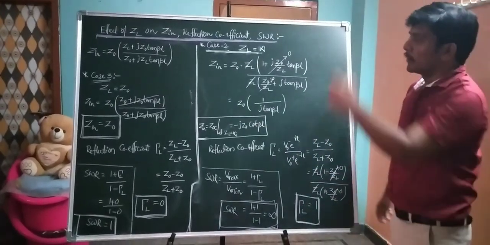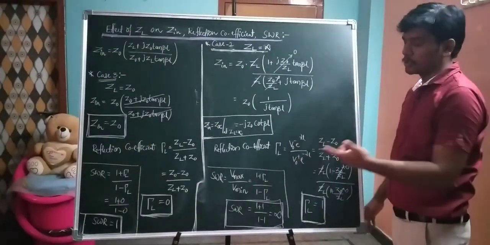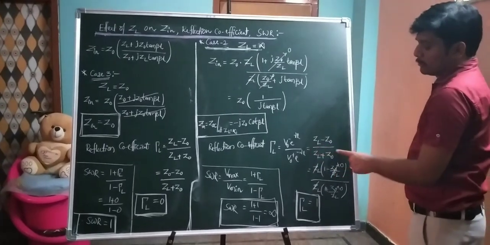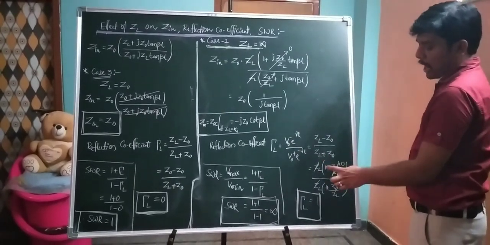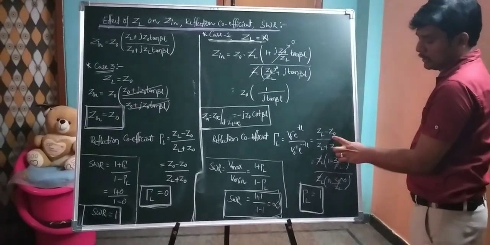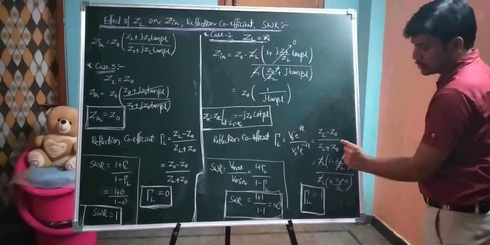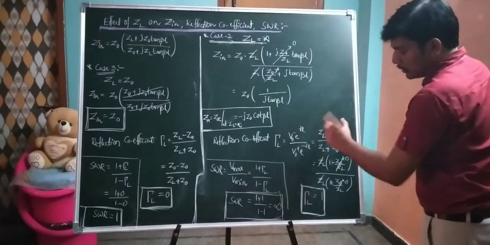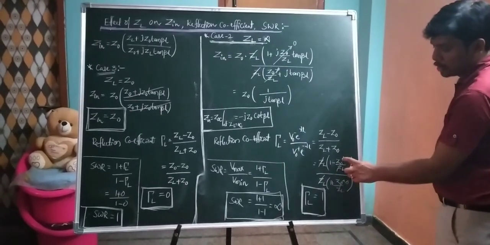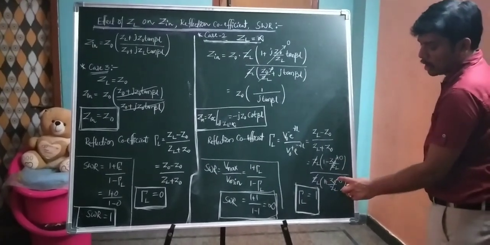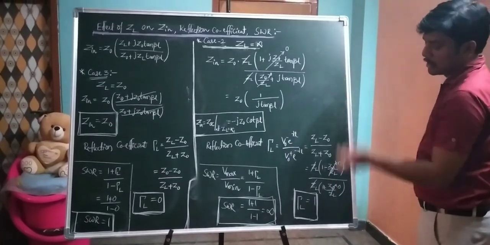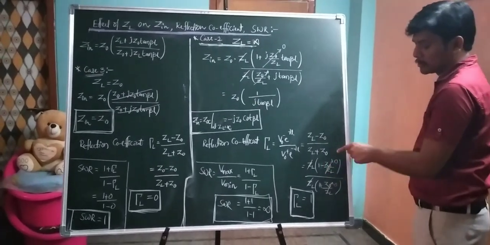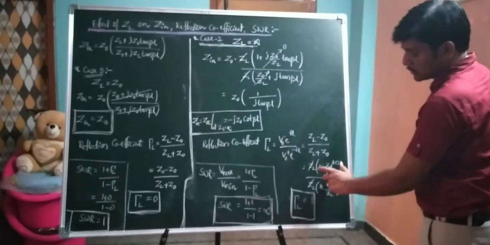Then for that case, what is the reflection coefficient? The reflection coefficient is equal to ZL minus Z0 divided by ZL plus Z0. ZL is taken common, so we have 1 minus Z0 divided by ZL in the numerator, and here also ZL is taken common, 1 plus Z0 divided by ZL. From numerator and denominator, ZL gets cancelled. The remaining terms are 1 minus Z0 divided by ZL, and 1 plus Z0 divided by ZL. Then we substitute ZL as infinity. 1 divided by infinity becomes 0, so this term vanishes, and this term also vanishes. So therefore, what is the numerator term?